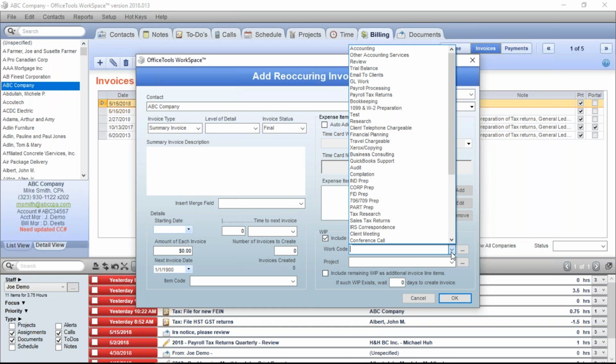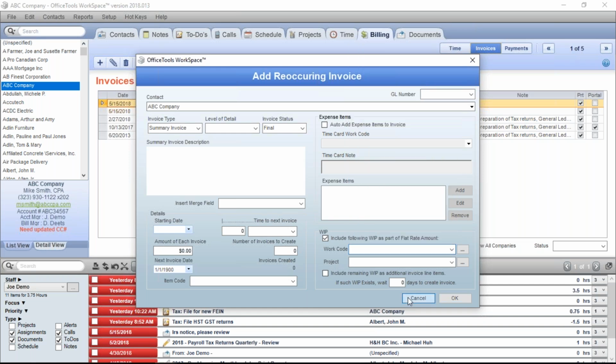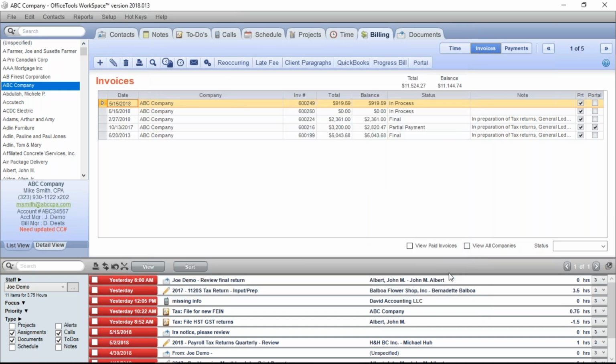It will adjust it to the amount that you've set the invoice up for, and then do all of those things for you. Really cool tool, especially for clients where you do monthly work and then a tax return pops up. This way you can segregate the time that's spent doing the accounting and bookkeeping type work from the tax return, which may be its own project or have its own invoice and those type of things. Okay, so that's reoccurring invoicing. And again, there are some other fine tuning options available, but at the end of the day, that gives you the ability to create invoices and have those generated and go out to clients automatically.